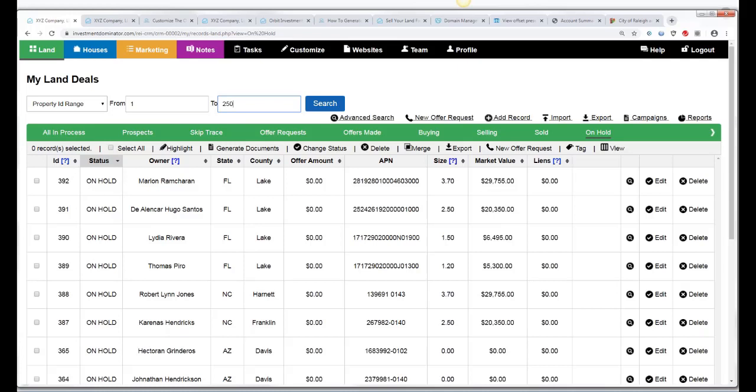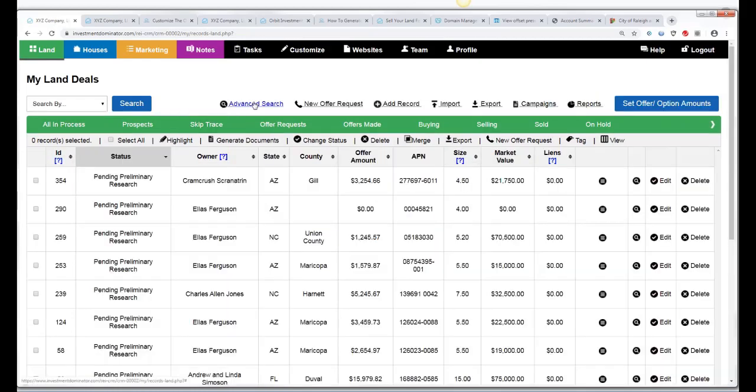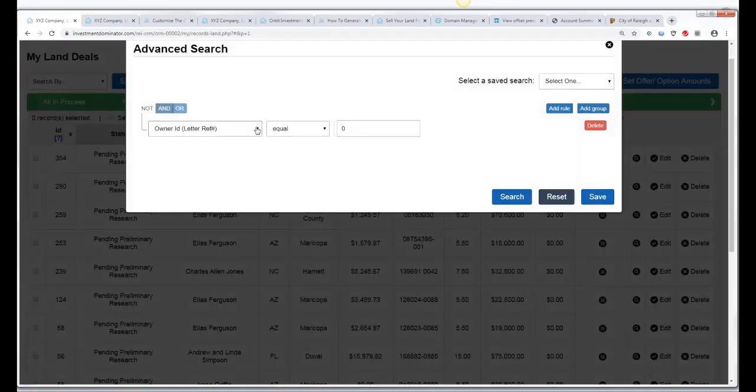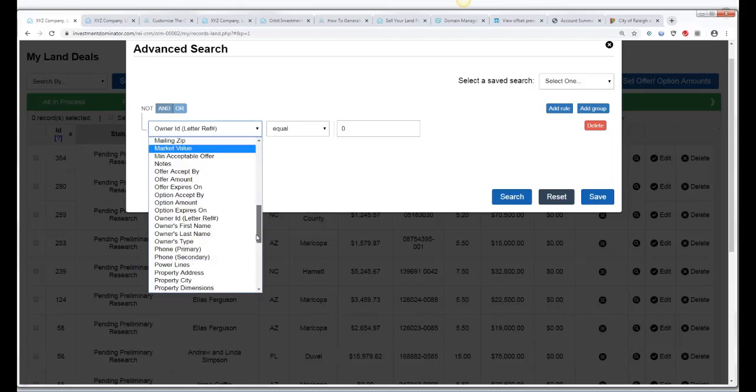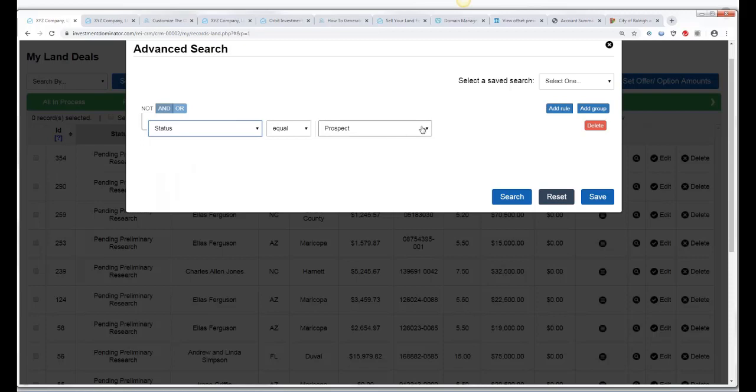Based on property ID range, I'm going to select all of those. Well, let's see, I better do an advanced search here, where my status is equal to on hold